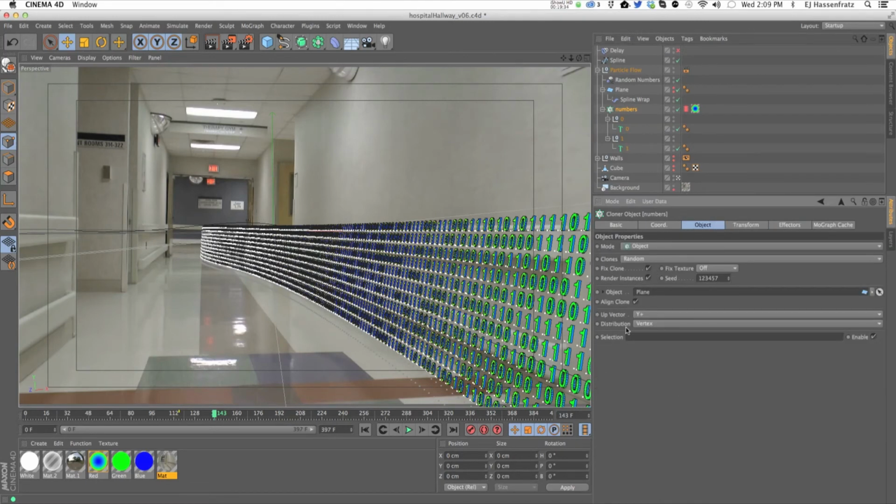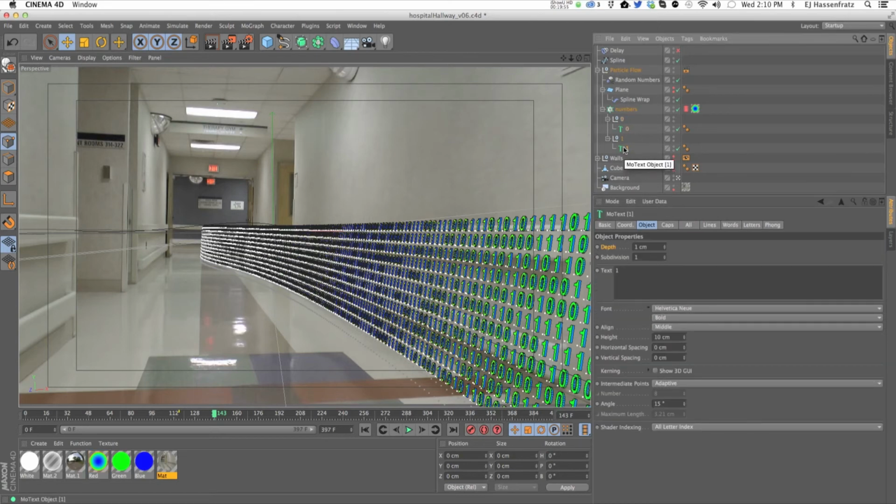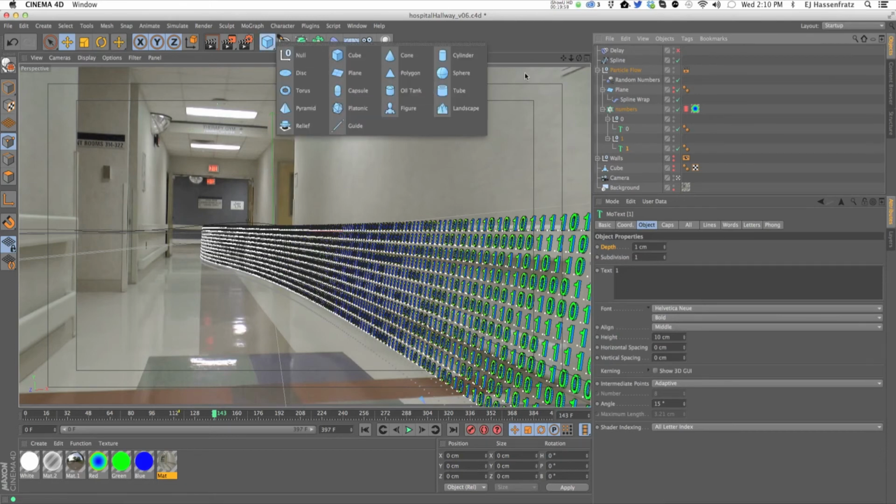its vertexes. So it's the cloner set to object mode, and it's set to random as well, because we wanted to randomize the order of the ones and zeros along the vertexes and have everything up-vectored right. The one thing I needed to do, and why these numbers are under nulls, is because when you create a MoText object,